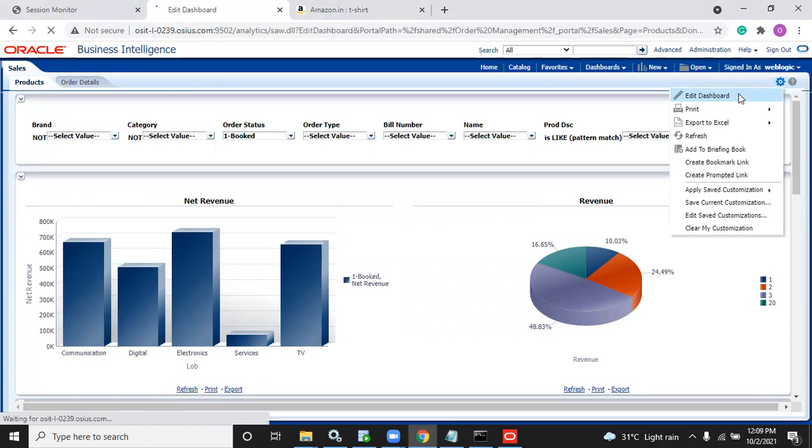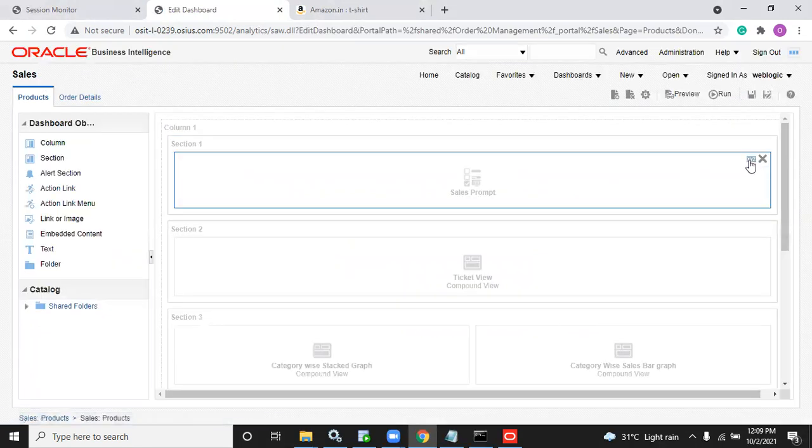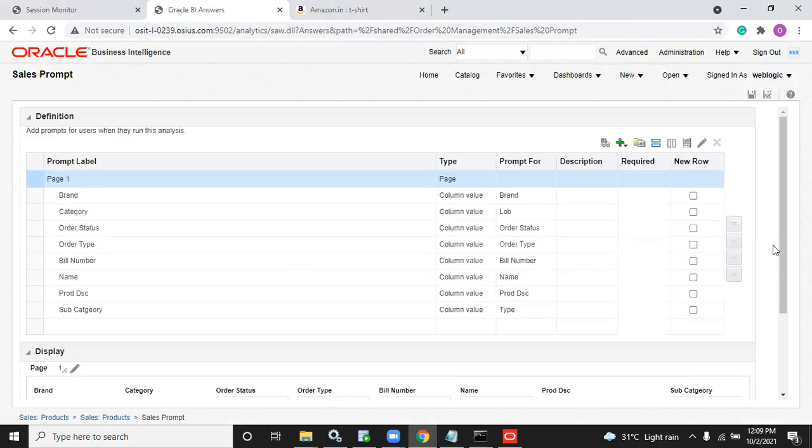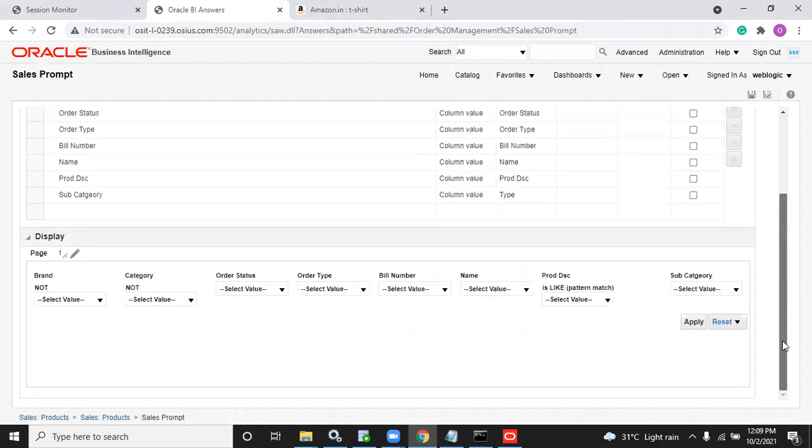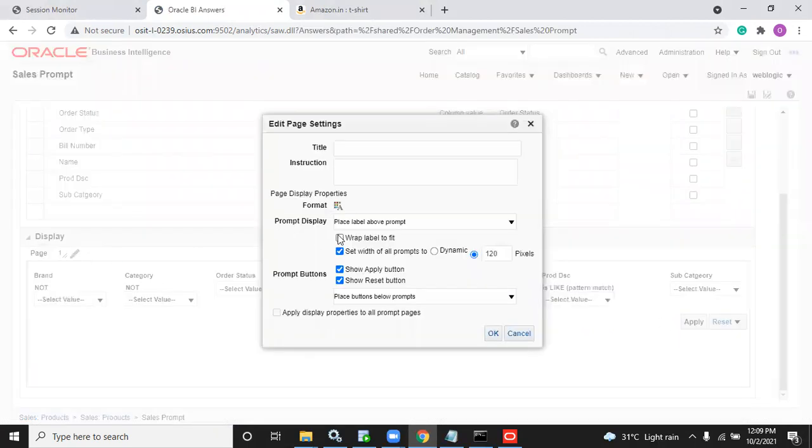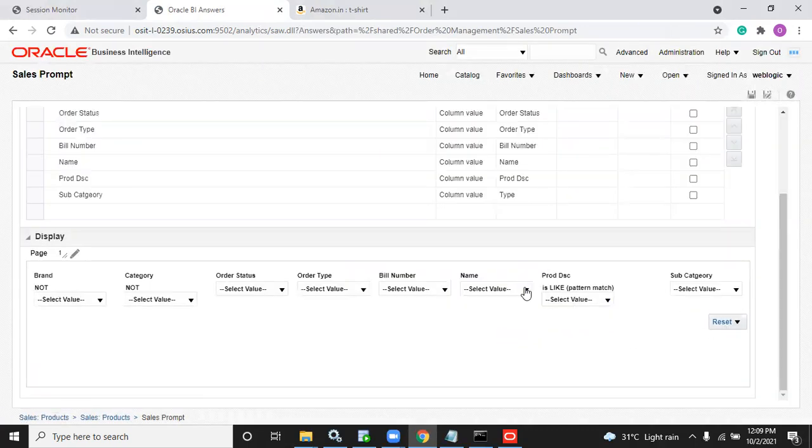Edit the dashboard. I don't want the apply button, right? What is the use of the reset button? For example, you selected values in multiple prompts and you want to remove the values for all the prompts.